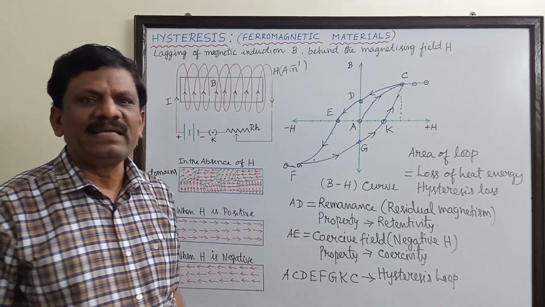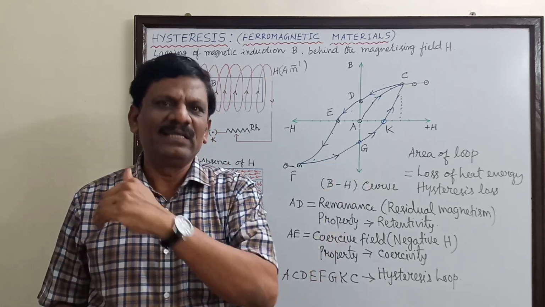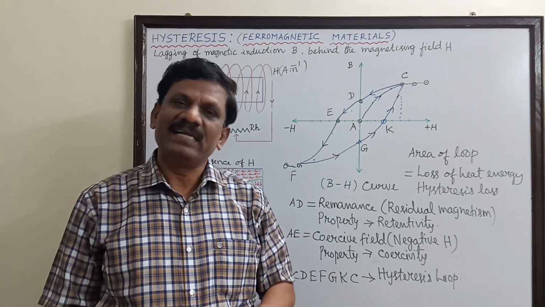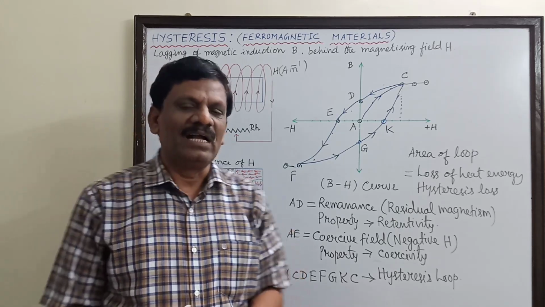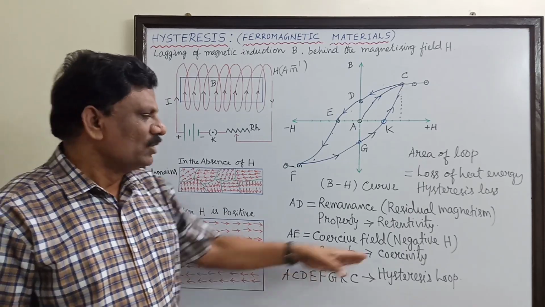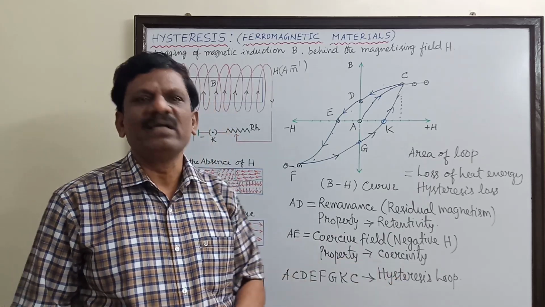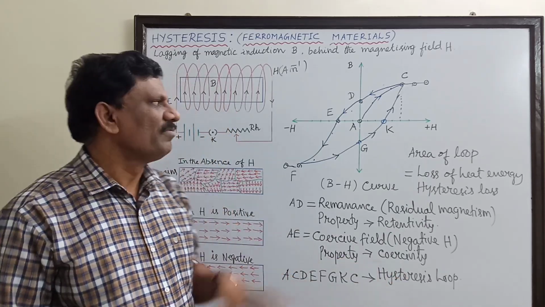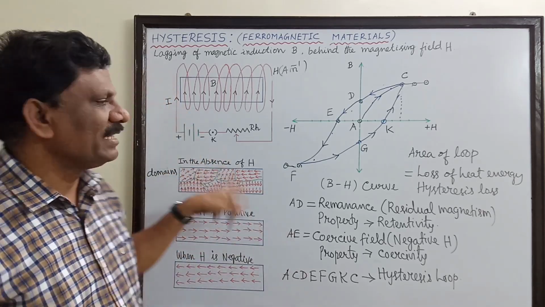The negative magnetizing field required to bring the residual magnetic induction to 0 is called the coercive field. And the property of the material to bring the residual magnetism to 0 is called coercivity. So from this, 3 short answer questions are possible, and this may be asked either as a 3 mark